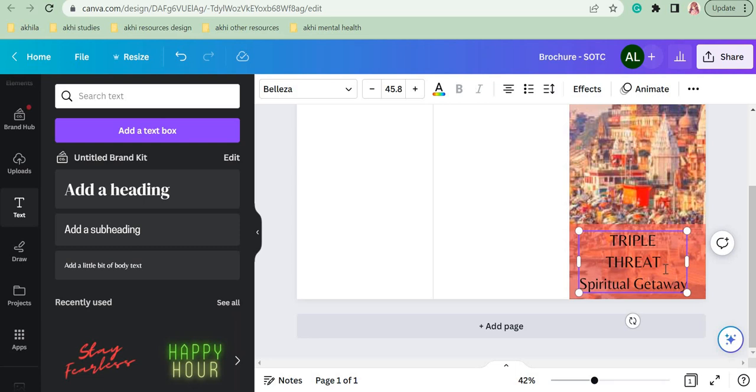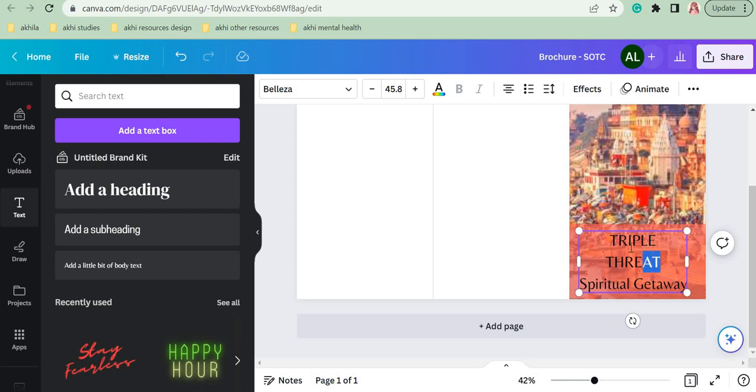Correct? So in MS Word, what do you do? There is a font section. You select the text, you go to that font section and you change the font. So same procedure here also. So again, what is font? It is the style of the text. You can change the style for any text. That is the thing here.